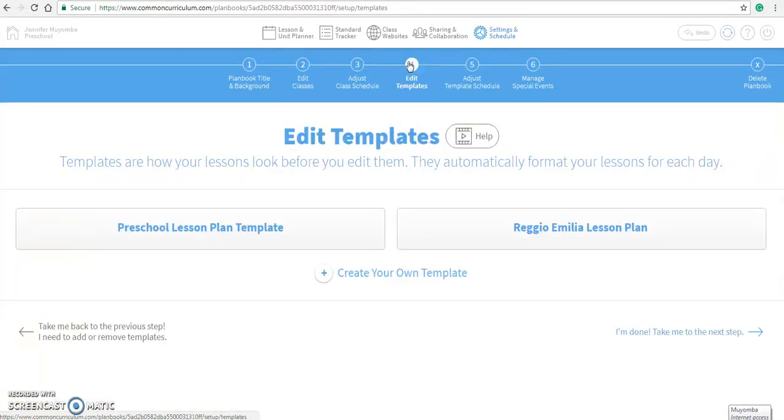This is if you have templates that you would like to, like certain lessons that you've already done. This might come in handy once you've already done a few lessons, and then you could just create your own lesson plan or your own template for your lessons for each day. For the purpose of a lesson plan, we're not going to use it. So you can either click I'm done, take me to the next step, or you can just click on the